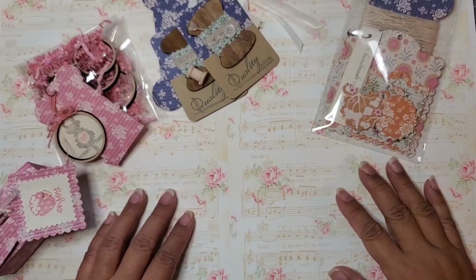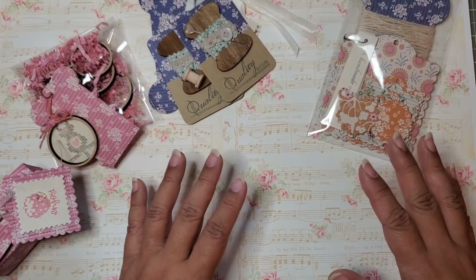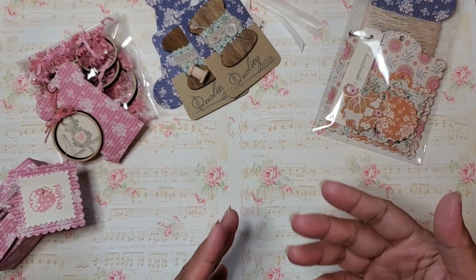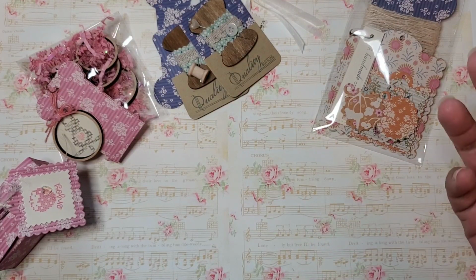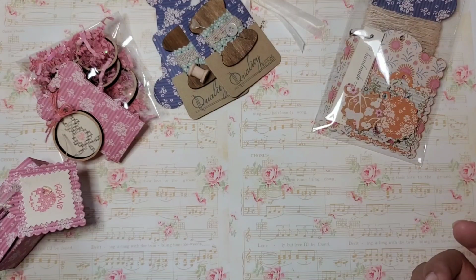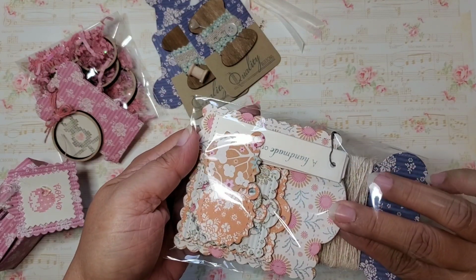Hey everybody, so I'm back to share what is inside the box, what projects I used or created and what I used to create them. If you're interested in these supplies, that's the reason why I'm doing this, so you can actually see what I used to make each item. So let's get started. I believe I shared these before, these tags here,